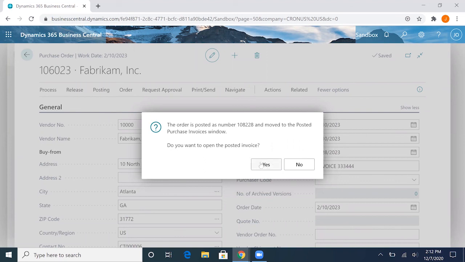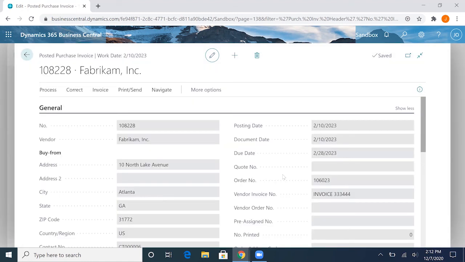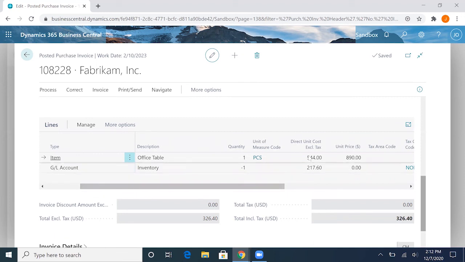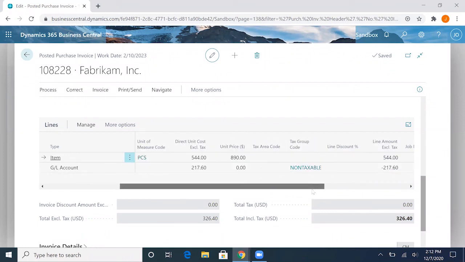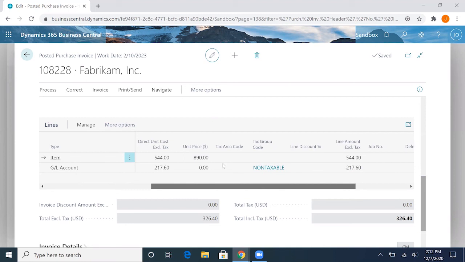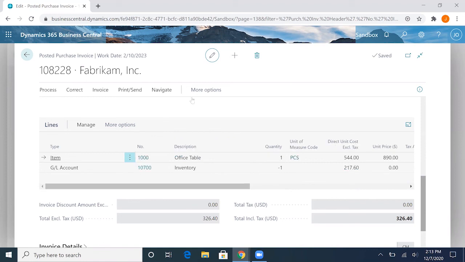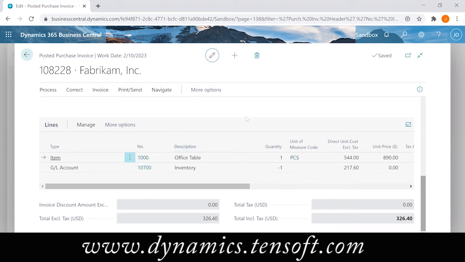And if we go to the invoice, we'll see the amount for the full purchase order minus this $217.60, which was our prepayment. So the total liability for this purchase invoice is now this reduced $326.40. And so this is how you would go about using the prepayment feature. This will also work for sales orders